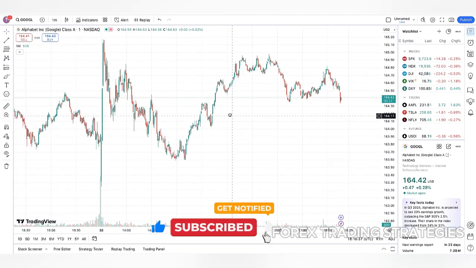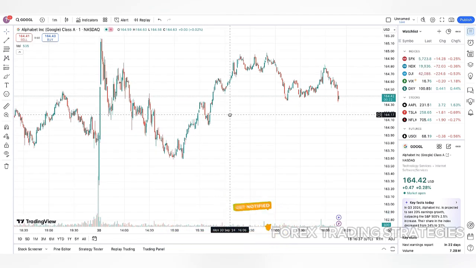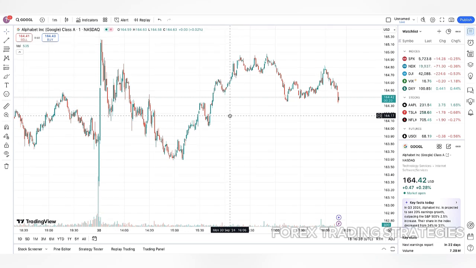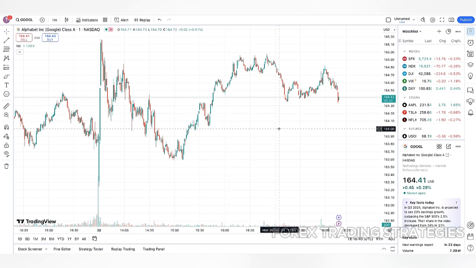A fascinating fact about the S&P 500 is that it has generated an average annual return of approximately 10% over the past century. This impressive performance, adjusted for inflation, has made the index a powerful tool for wealth creation. However, it is important to remember that past performance does not guarantee future results, and investing in the S&P 500